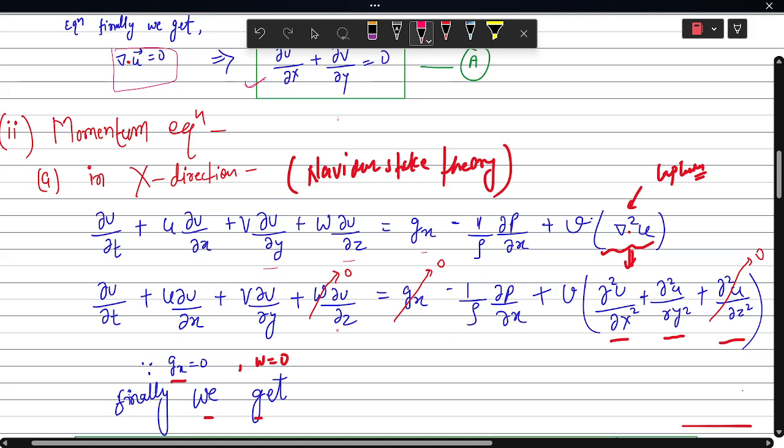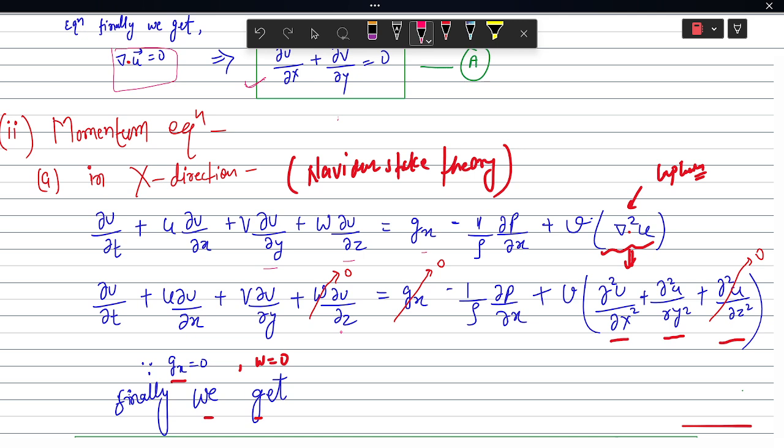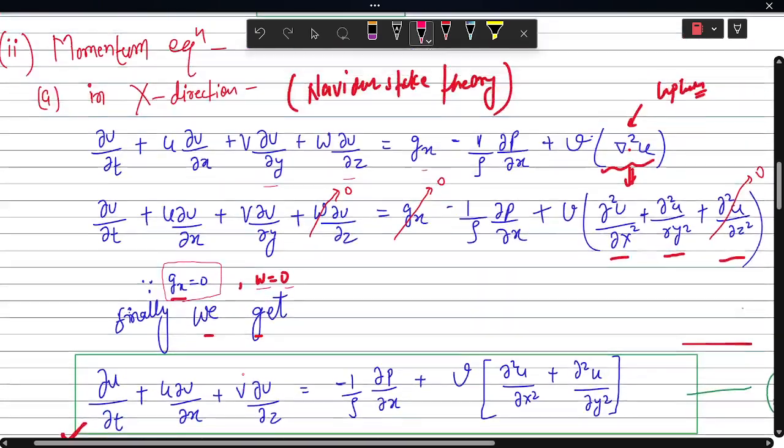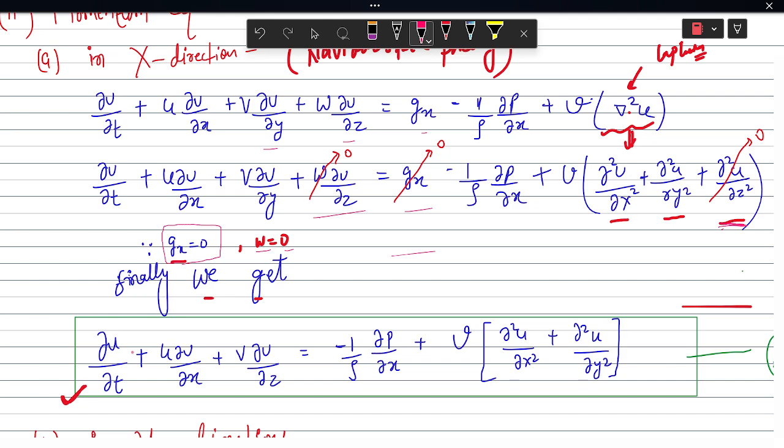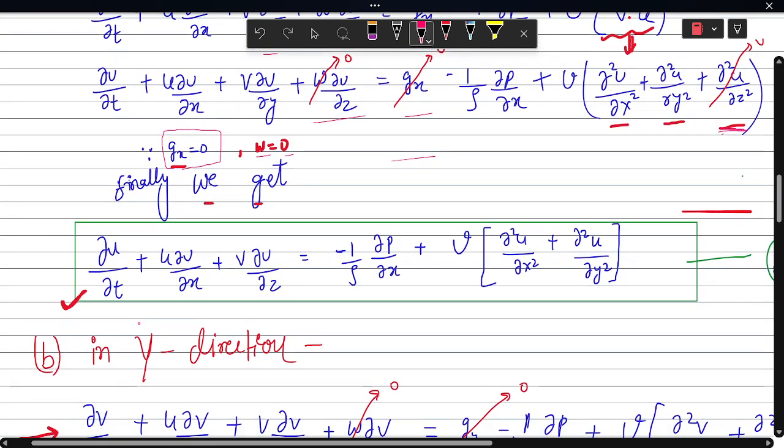So if I apply the boundary condition in this equation, then we know gx is equal to 0, so there is no effect of gravity in the x direction. We also assumed in the above slide, and we know w is equal to 0. So finally we got the equation. Therefore these three terms become 0. Okay, so finally we got del u by del t plus u del u by del x plus v del